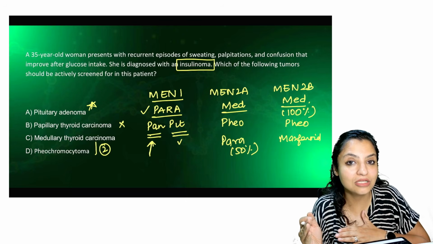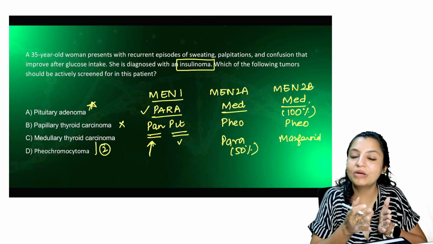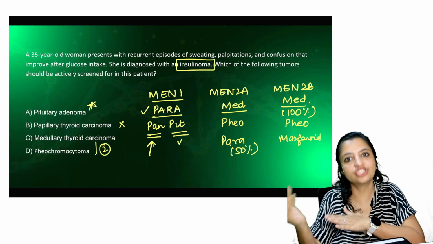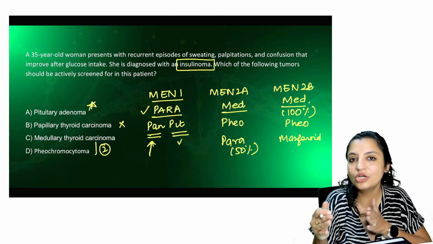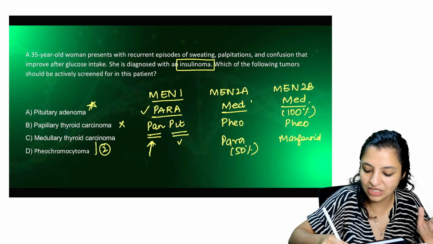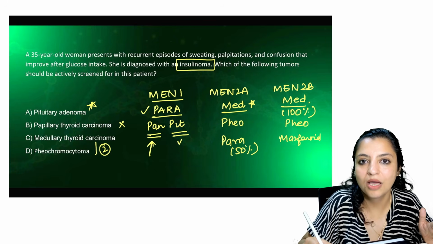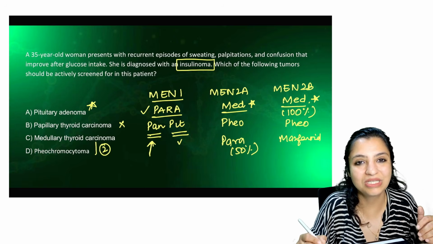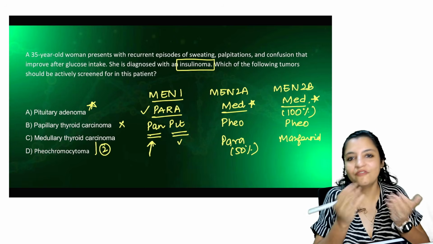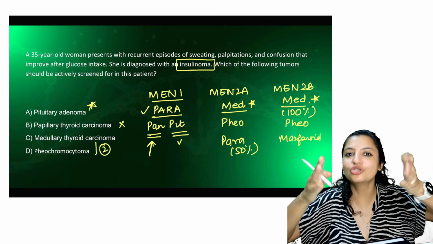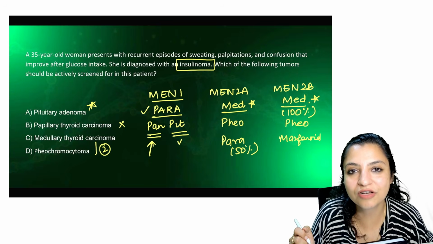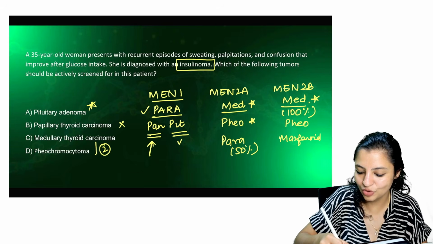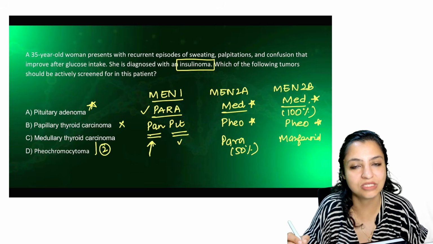Remember, when you enter into medical school, you are MEN 2A. When you finish the medical school, it is MEN 2B. So MEN 2A is when you go to the medical school. That is why they are associated with medullary carcinoma. MEN 2B, when you pass the medical school, you are 100% doctor. So medullary carcinoma is seen in 100%. Now, when you enter into the medical school, the protocol is you will get your girlfriend. So what is the name of your girlfriend? Pheo. So she has pheochromocytoma. So pheochromocytomas are present in both the MEN 2.